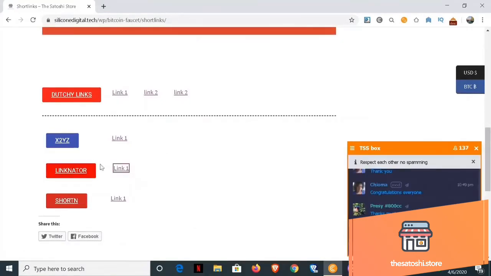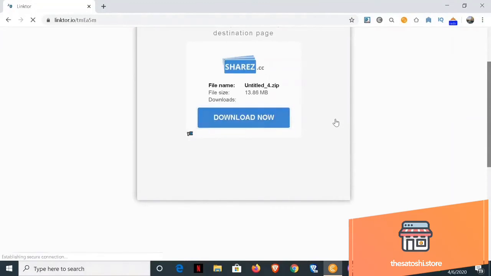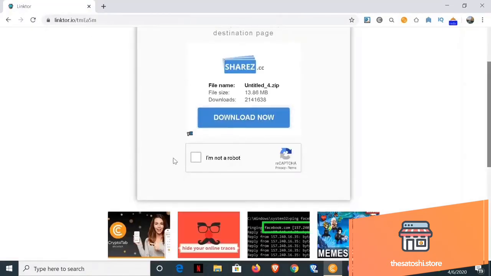As I said, every single short link is mostly the same procedure. You just click on it, it takes you to a captcha, you do the captcha, and then you're back on the website when you click on the next page. Now here you can see this is an I'm not a robot captcha. What Google has done is, 0.5 seconds before you click on this button right here, they record your movements.